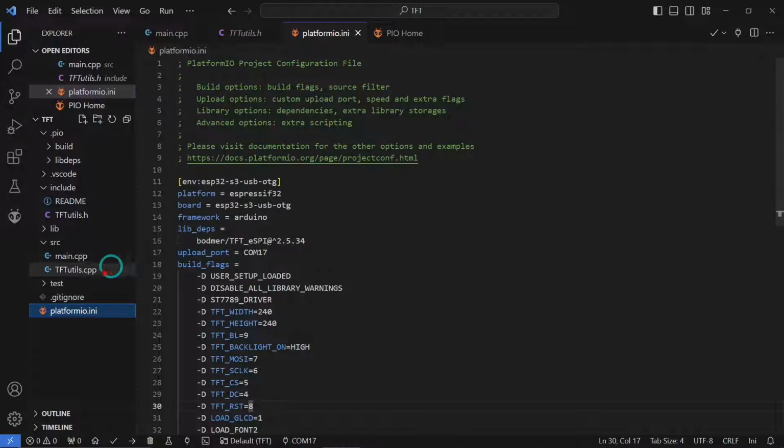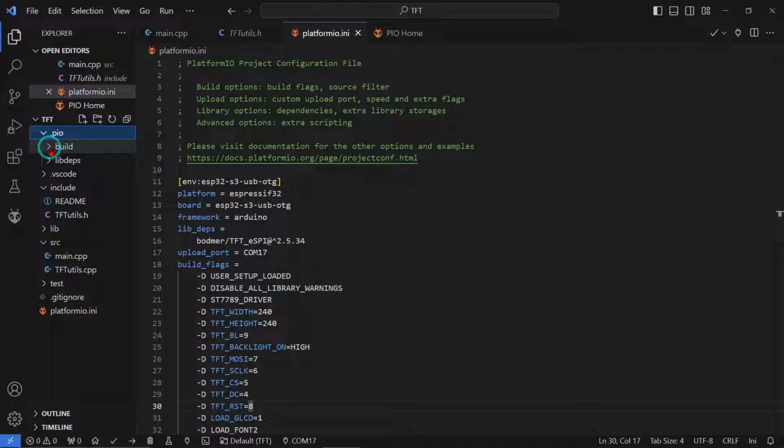We'll get into that in a second. We'll just have a look at some other options over here that it has first. So you will find that this thing over here has a library involved with it, the TFT ESPI library. And if you want to know what those files are, it's pretty easy. In